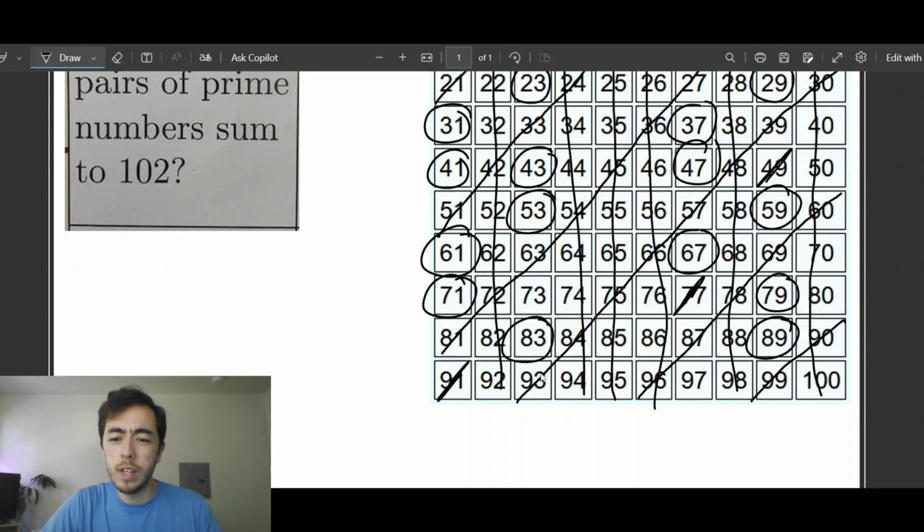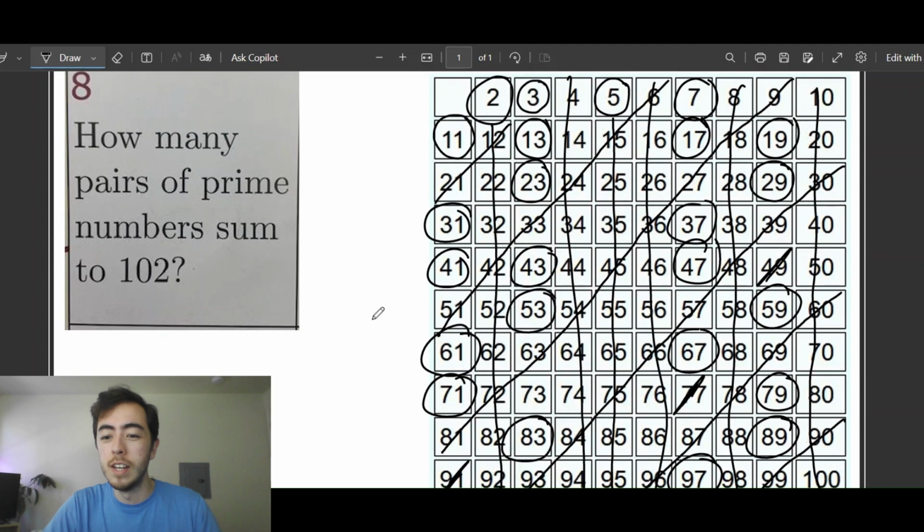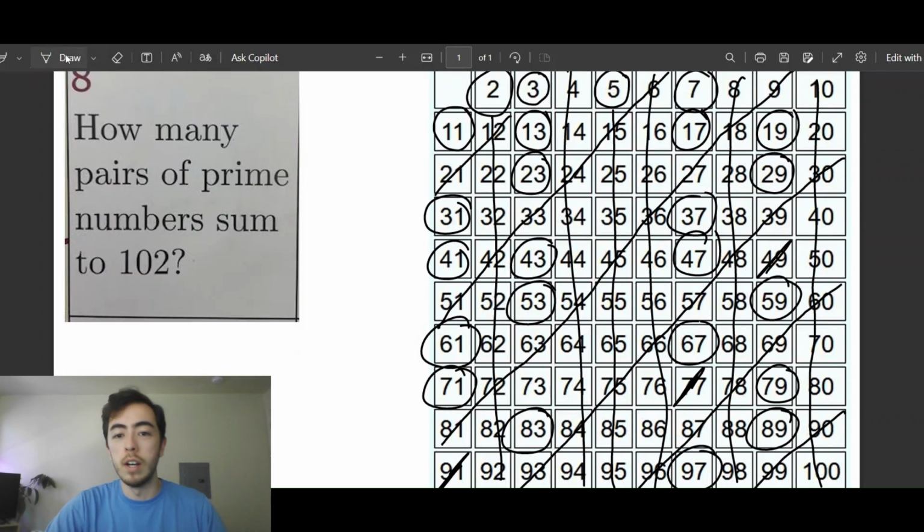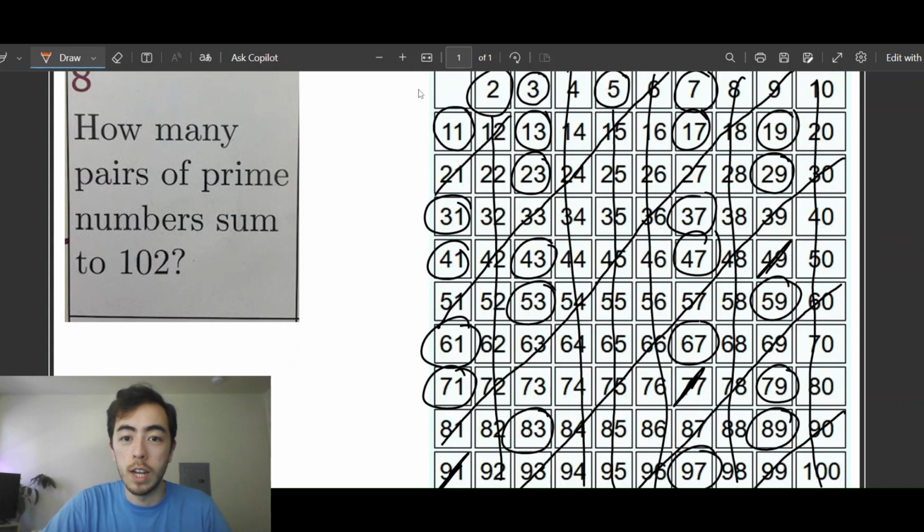But once you get to larger numbers, to find primes you're going to need better strategies, because this isn't the most computationally efficient for computers with really large numbers. Anyways, what we can do now is look at our list and try to figure out what primes sum to 102. If I tried looking here, 2 is my first prime number, 2 plus 100